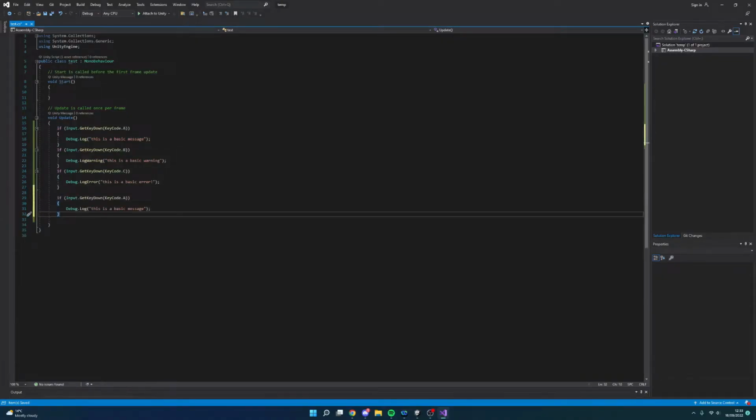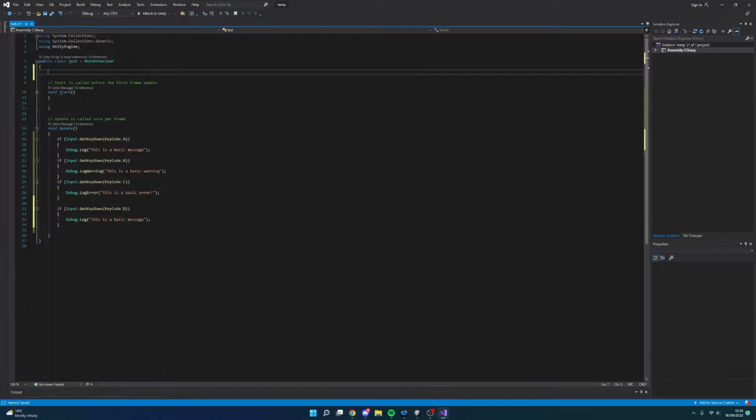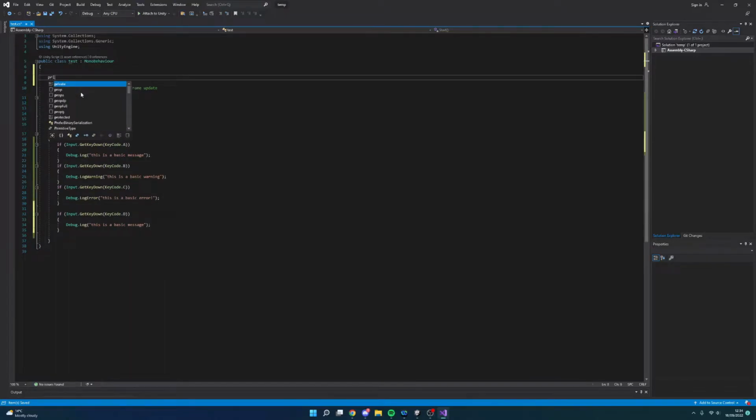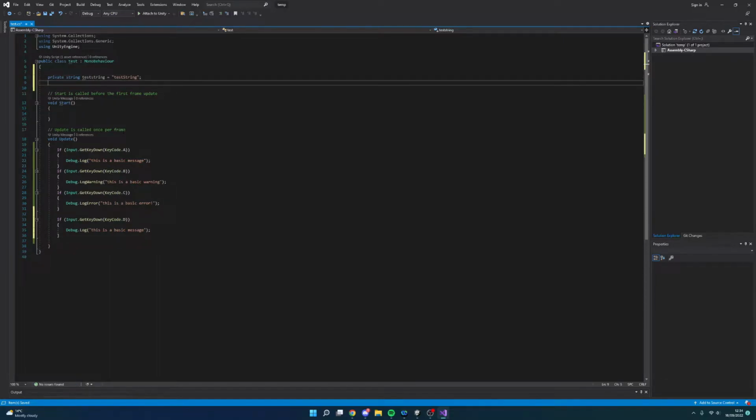So now let's start to look at string concatenation. Let's duplicate this once again, and this time we'll do keycode.d. And let's look at how we can pass variables into our messages. So I'm going to define a variable, and I'm just going to have this as a private string, and let's just call this test string. And let's give this a value. So let's have this equal to test string. So now let's also do a private integer, and let's just have this as test int, and then let's equal